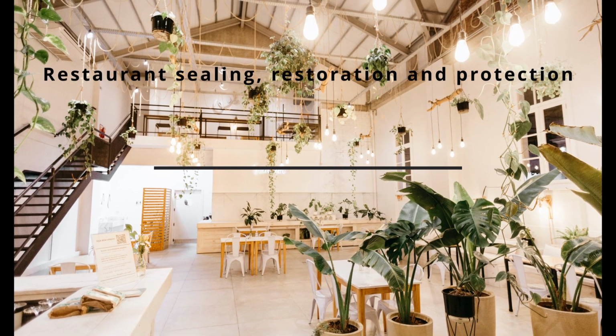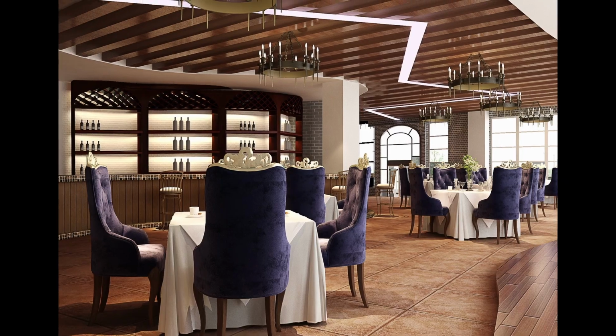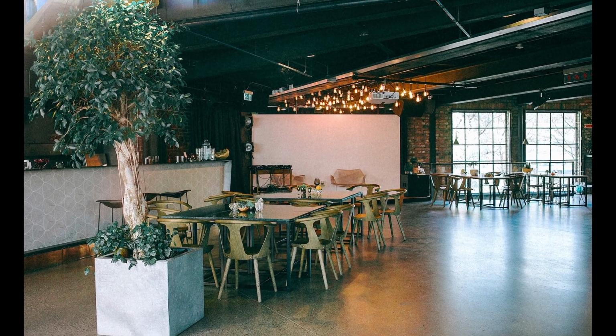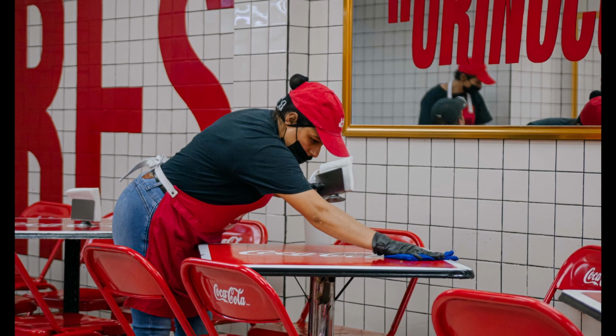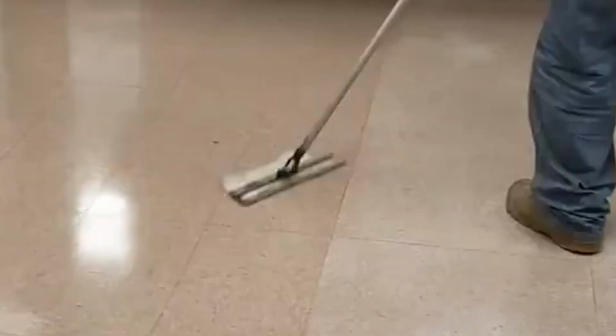Restaurant Sealing, Restoration, and Protection. Do you need to restore the floors in your restaurant? Are you considering new floors but wish you could bring the existing ones back to life? Do you wish it cost less to maintain the floors, countertops, and metal surfaces in your dining area, kitchen, and bathrooms? If the answer is yes to any of those questions, then RexPro Sealers could be a great solution for